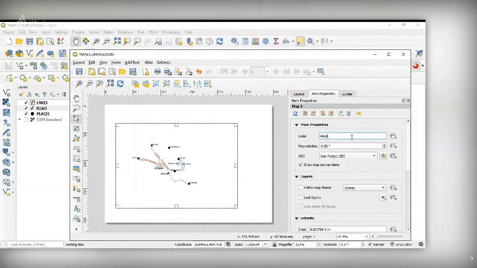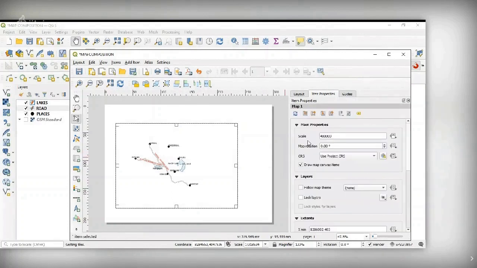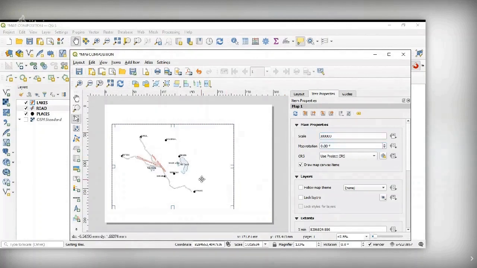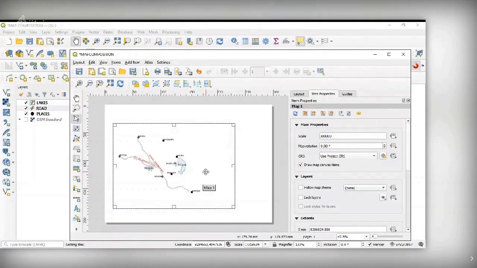So whatever map I have already displayed here, that will be brought to the map area. So at this juncture, the scale is 1:4 lakhs 29,609. The scale is a reference scale.